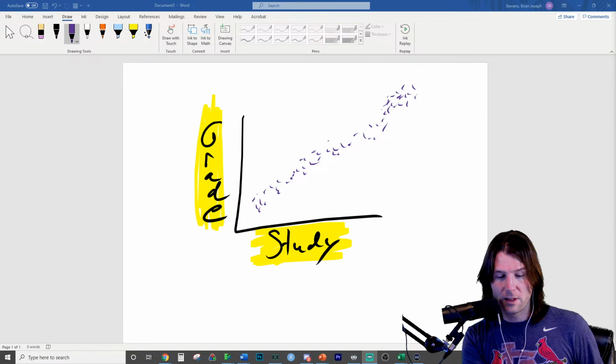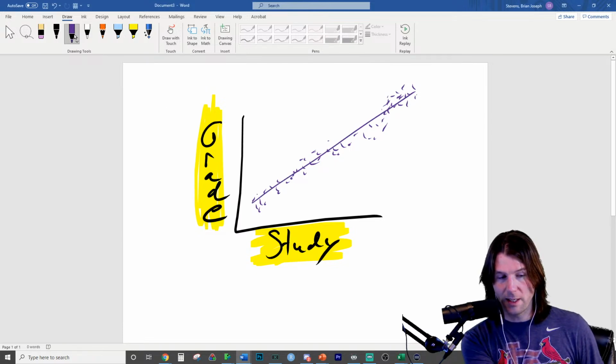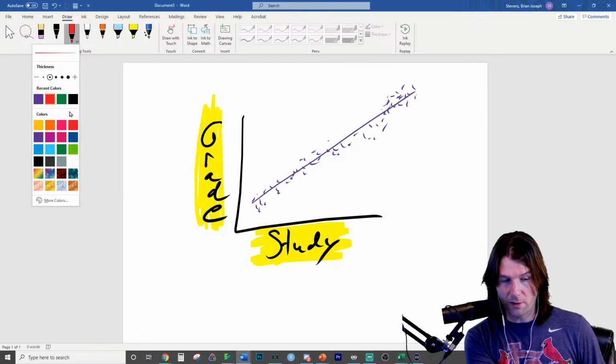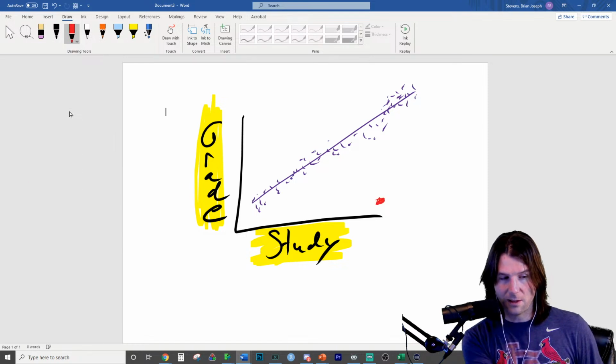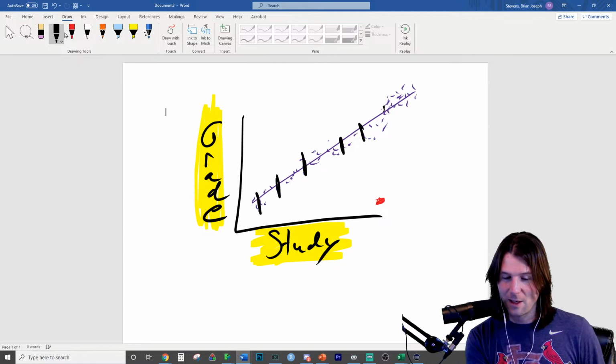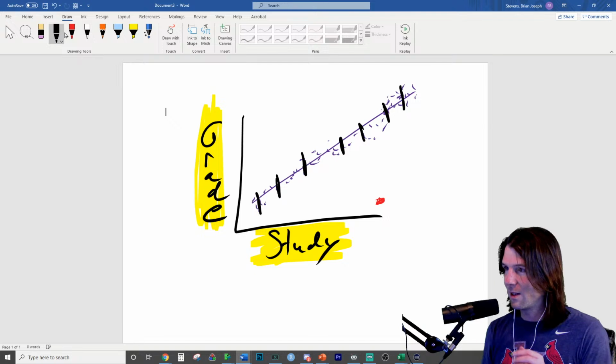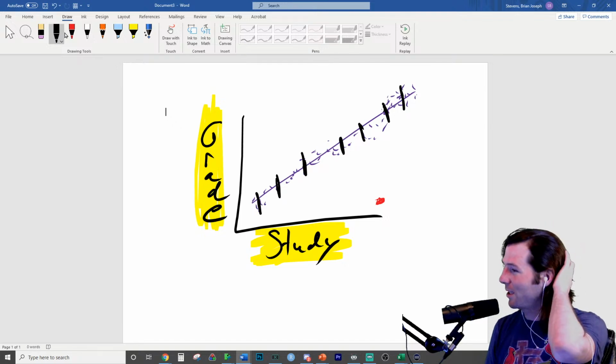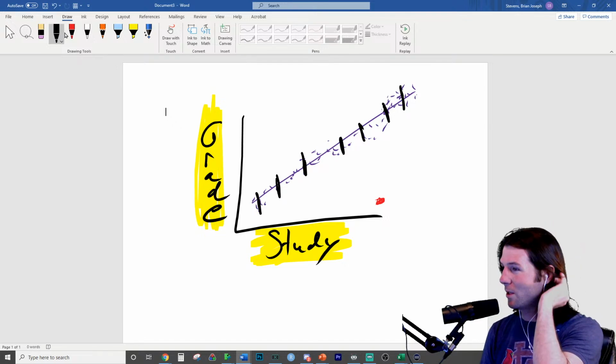QQ, straight enough. That means it's generally well described by a straight line. No outliers means we don't want outliers. And then plot doesn't thicken. Stat 320, you guys want to tell them? I'll give 100 points if in the next 10 seconds we see the word, I don't care how good or bad you spell it, for plot doesn't thicken. Or you can give me the bad word for it. I'll tell you which one's the good word or the bad word. What word do we use in 320?